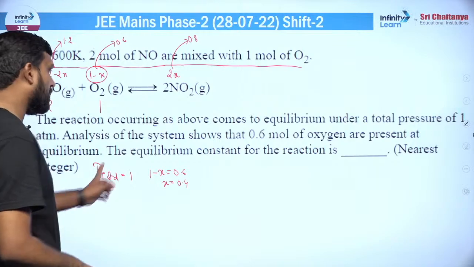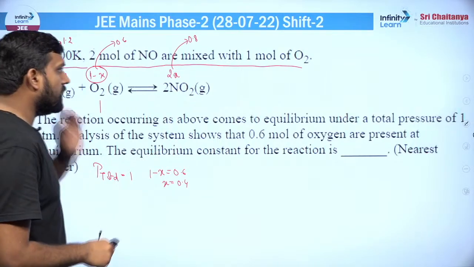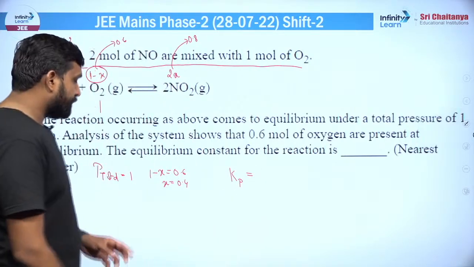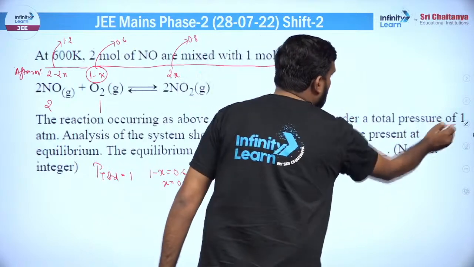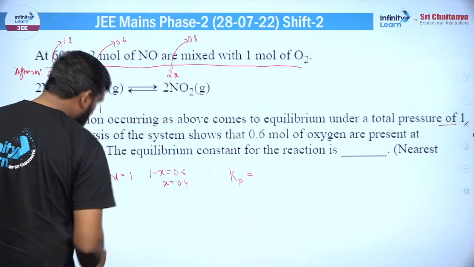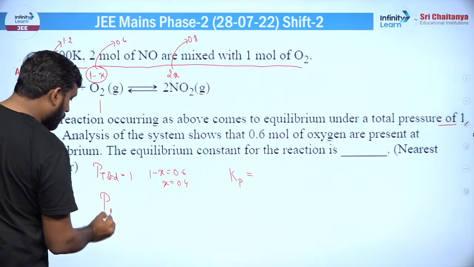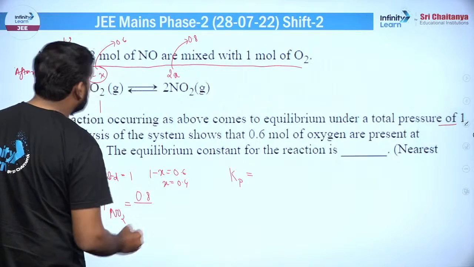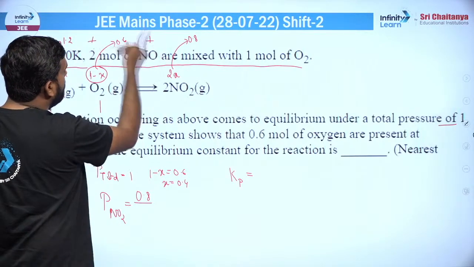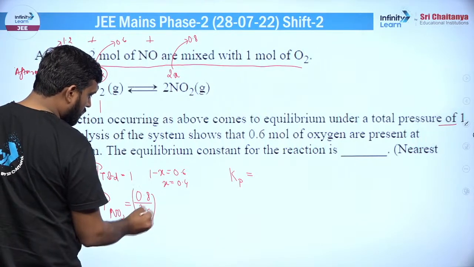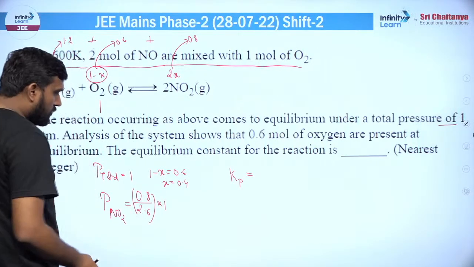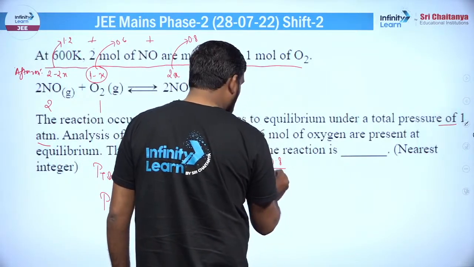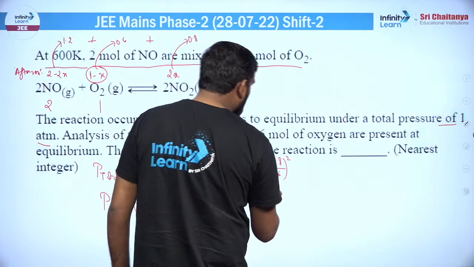अब क्वेश्चन में पूछा क्या था, द इक्विलिब्रियम कांस्टेंट फॉर द रिएक्शन इज, KP में निकाल लेते हैं, KP निकाल लो, ठीक है। तो Kp विल बी इक्वल टू क्या हो जाएगा बेटा, देखो क्योंकि टोटल प्रेशर जो है ना वो 1 ATM ले लिया गया है, तो अब जो पार्शियल प्रेशर्स निकाल लो सबका, तो पार्शियल प्रेशर है NO2 गैस का, ठीक है, पार्शियल प्रेशर ऑफ NO2, मोल्स ऑफ NO2 अपॉन टोटल मोल्स, टोटल कितने हैं, सम करो इसको तो 2.6 इंटू 1 आ जाएगा, तो 1 का तो मतलब है नहीं है, ठीक है, तो यहाँ पे रख दो सबका पार्शियल प्रेशर, तो NO का पार्शियल प्रेशर हो जाएगा 0.8 अपॉन 2.6 का होल स्क्वायर, ठीक है,